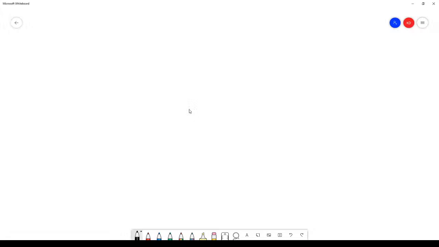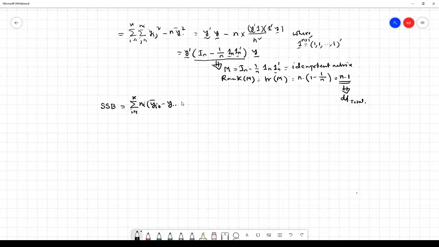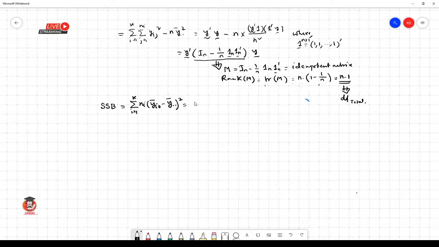This is equal to... where yi naught bar is equal to 1 by ni sum over j of yij, and this is